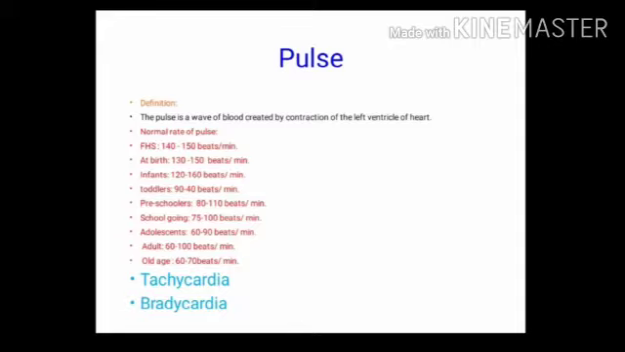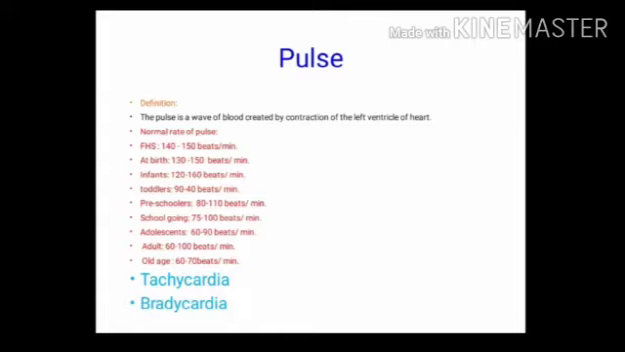In school going child, 75 to 100 beats per minute. In adolescent, 60 to 90 beats per minute. In adult, 60 to 100 beats per minute, and in old age, 60 to 70 beats per minute. In pulse, mainly two conditions. First, tachycardia means pulse rate above the normal range. It's called tachycardia. And second, bradycardia means whenever the pulse rate is below the normal range, it's